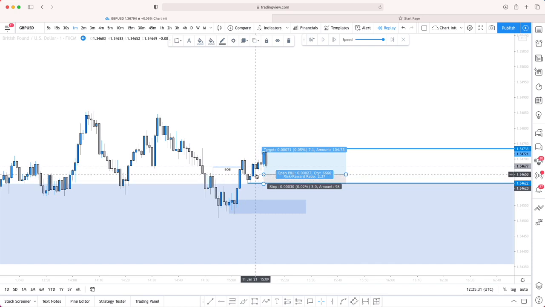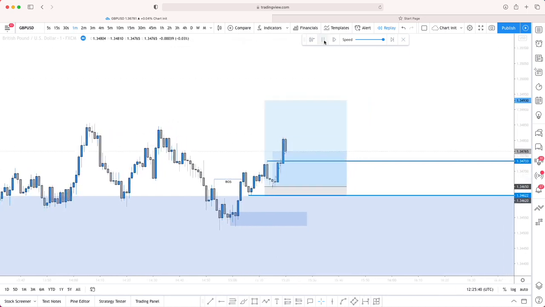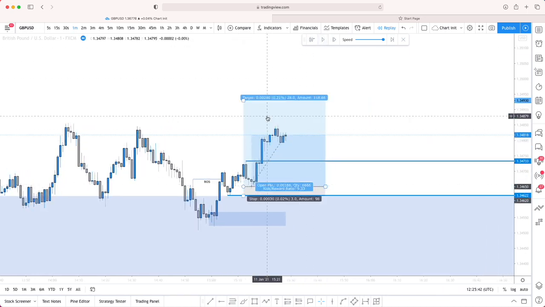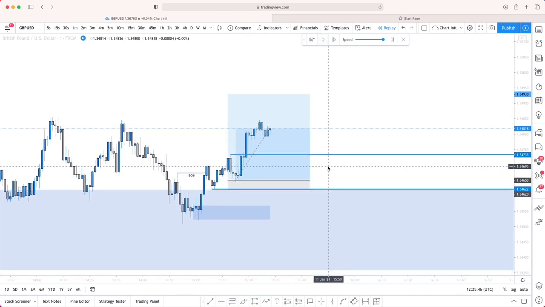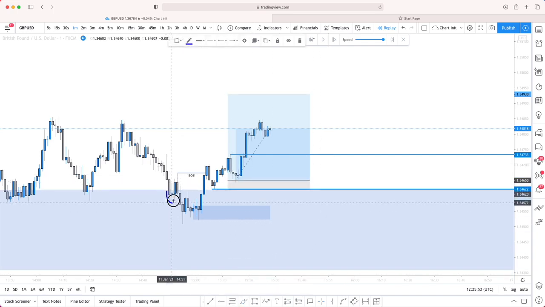If from the open gives you a 5 pip or less stop loss, then use the open just so you don't miss the order. Okay, and let's see what happens. Does price react? It reacts perfectly. Once we break structure, we can move our stop loss to break even, but we'll explain about trade management in the next video. But as you can see, price has respected our entry criteria, where we've got the liquidity grab,